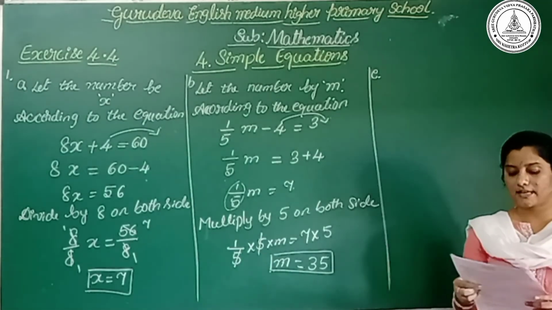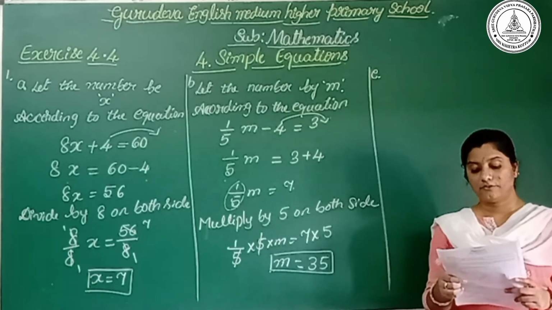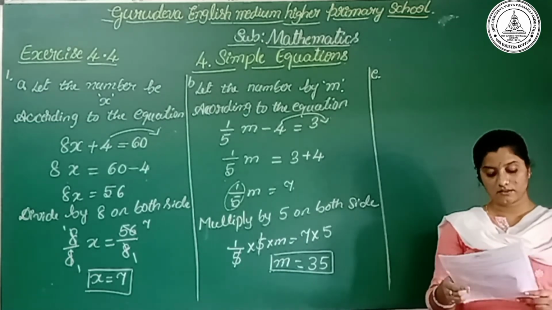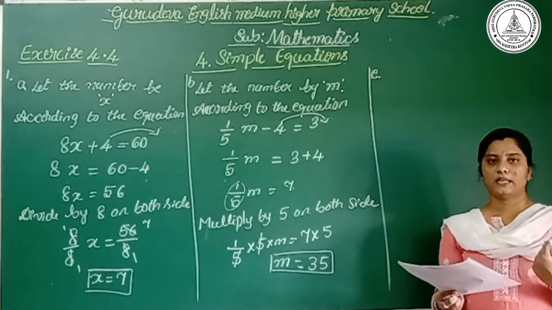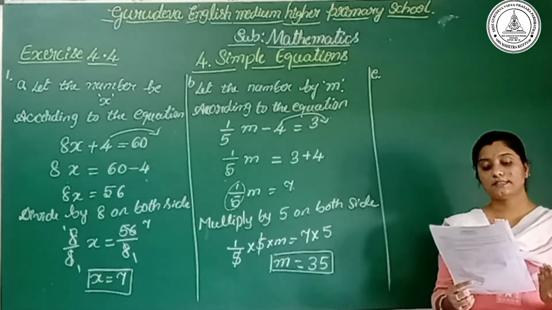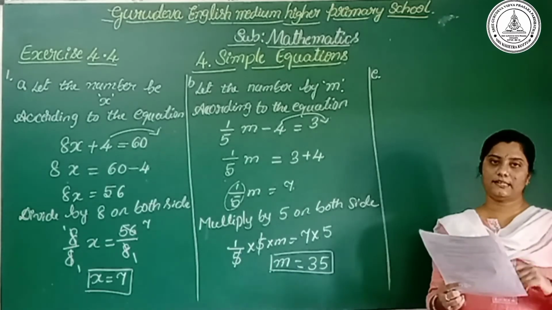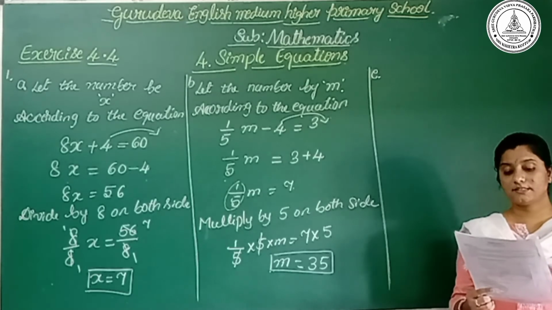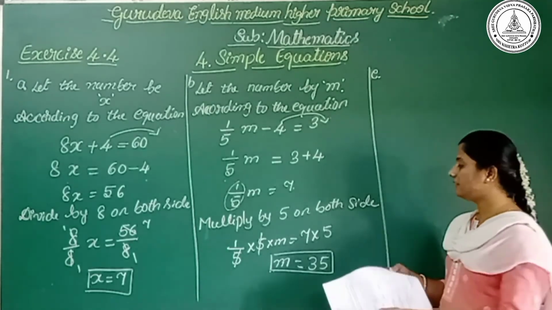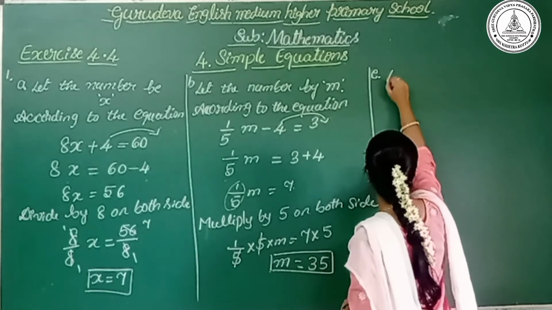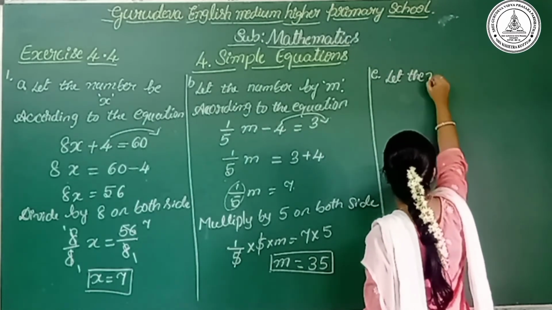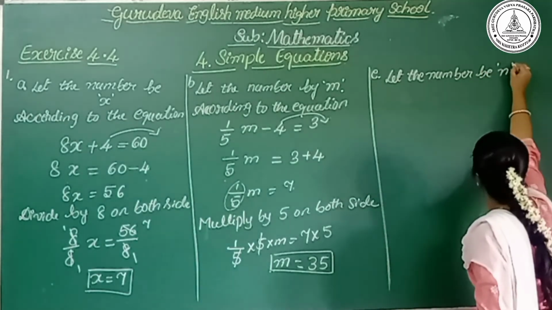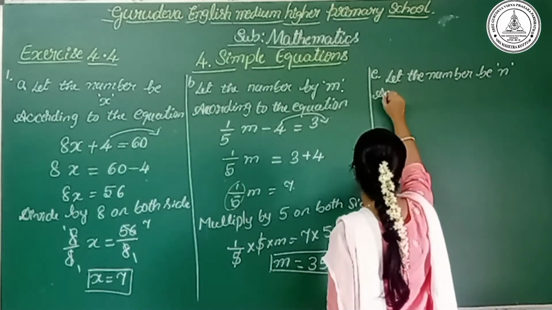Munna subtracts thrice a number of notebooks he has from 50. He finds the result to be 8. So here what we have to take here? So let the number be n itself. Okay. So here Munna subtracts thrice the number of notebooks. So I will take the variable n here, and he has from 50. He finds the result to be 8. So first write down here, let the number be n. Then according to the equation, what it will be?